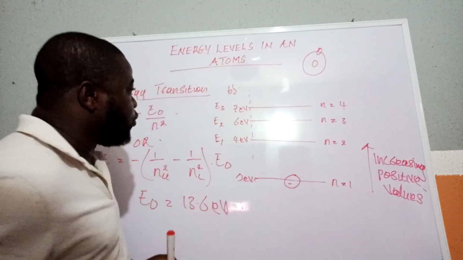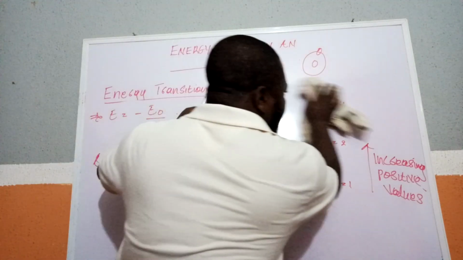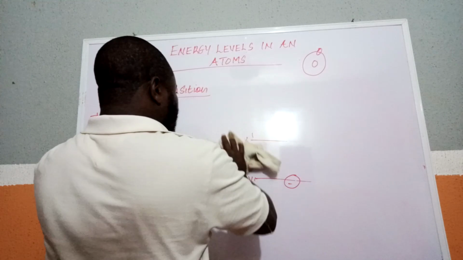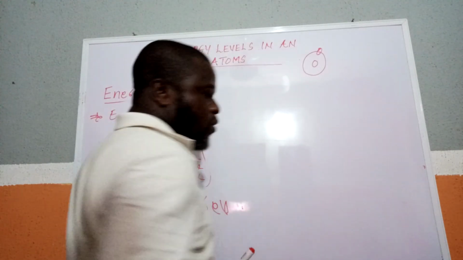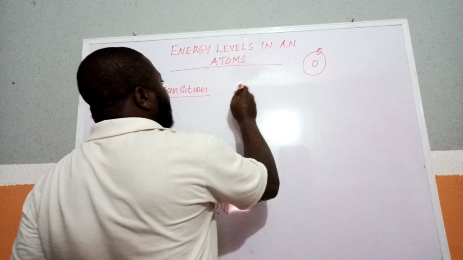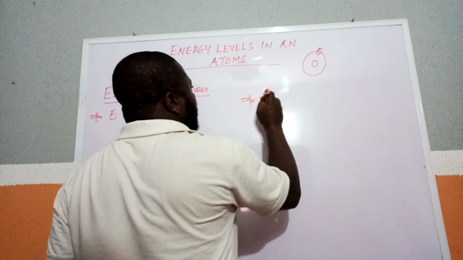1 electron volt to joule. Okay, 1 electron volt to joule. Let me rub up this side. That means I want to convert 1